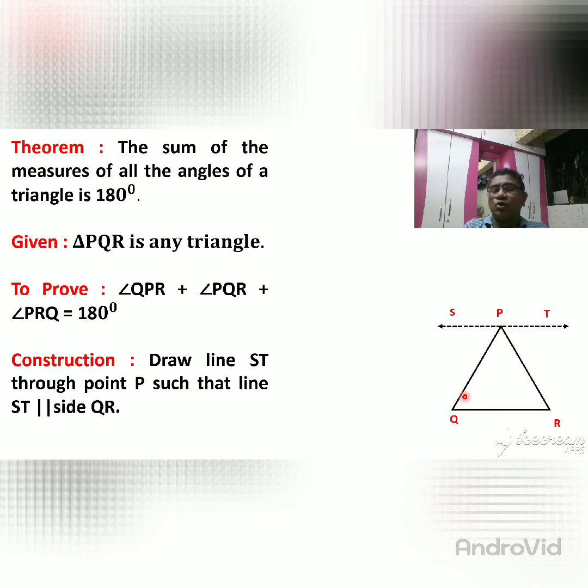We don't come back, so I am explaining here also. See, this is the T angle, this is the P angle, and this is the R angle. So angle TPR, see this P angle, this is the T, this is the P, and this is the R. So angle TPR is congruent with angle PRQ, because this P angle is congruent with this R angle. So here we give the name: angle TPR is congruent with angle PRQ. Okay, so they are alternate angles, so they are congruent.